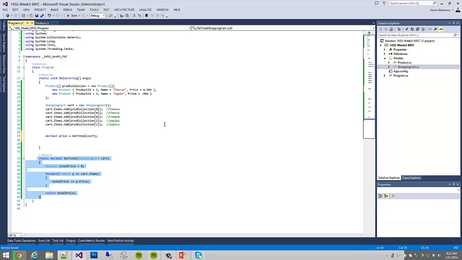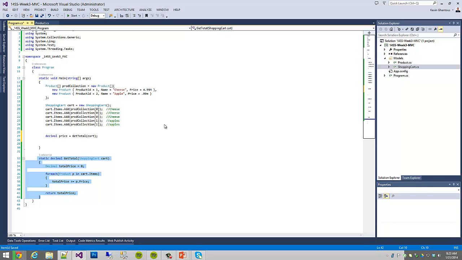And an extension method allows you to take a class that you as the developer don't own or have the source code to, and you can add methods or functions onto that class dynamically by extending them. These functions do not get compiled into the class itself. They actually live in a separate static class, and there's a special syntax that's used to link or bind the two together. So if we want to make getTotal an extension method, what we would need to do is